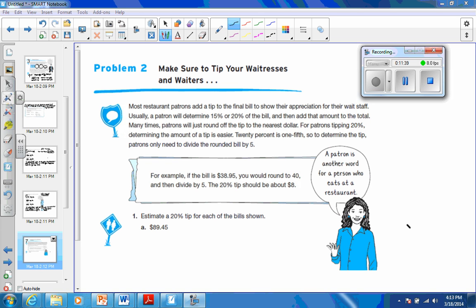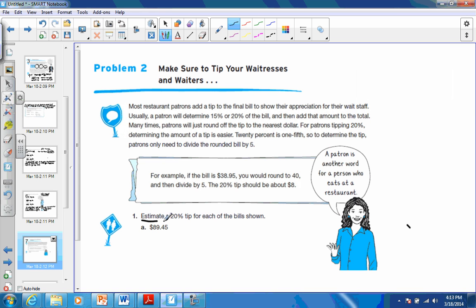So on these problems, we're going to estimate 20% tip for each of the bills shown. So this one, I would go ahead and round that to 90. And then from 90, we are going to divide by 5. So 90 divided by 5